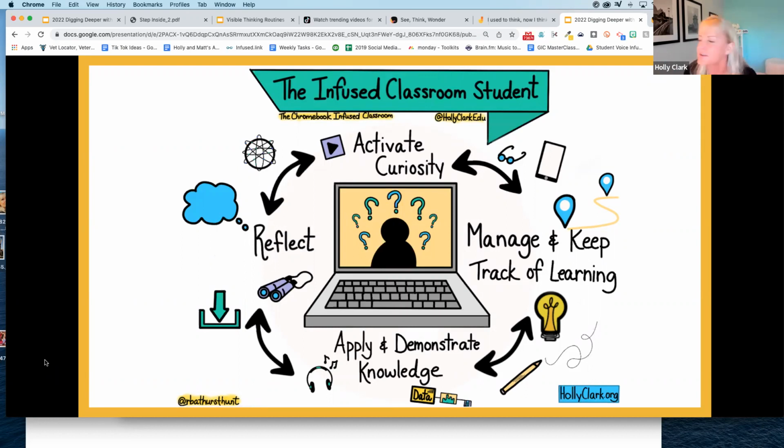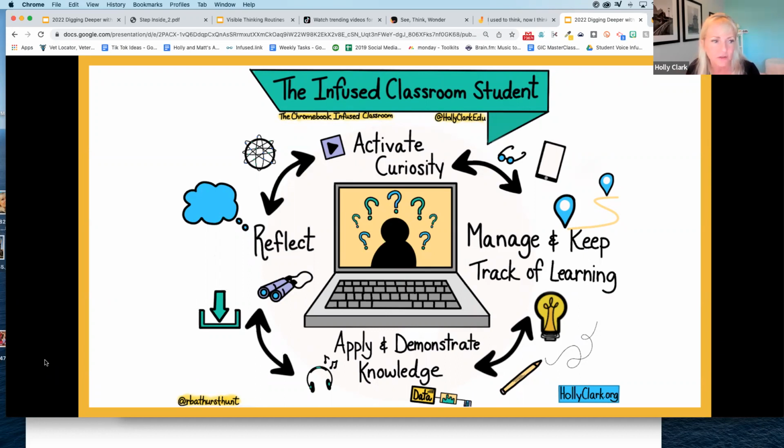So this slide is really about the infused classroom student, because we talk all about infused classroom, but really all of this is about students, them having a digital learning experience that is powerful. So there's an infused classroom student framework that says, how do we first activate their curiosity?